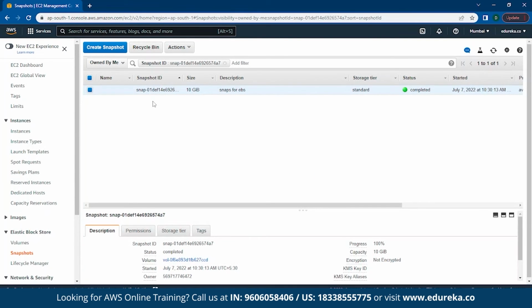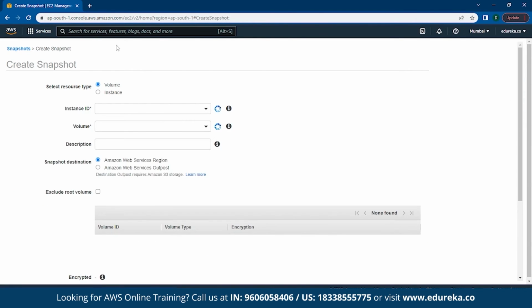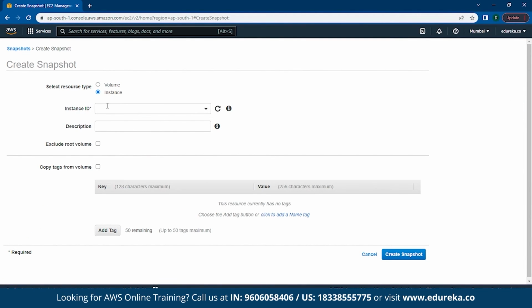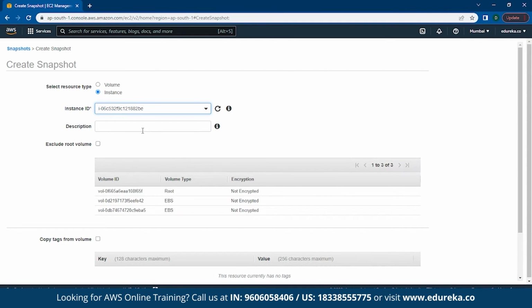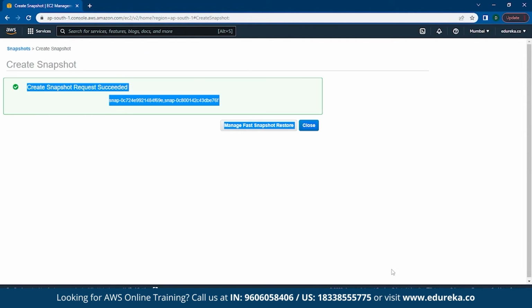Now that we know how to create a single snapshot, let's try to create multiple snapshots. So in order to do that, go back to Snapshots, click on Create Snapshot. Now in the resource type option, click on Instance, then specify your instance ID. In the description box, you can write anything. So in this case, I'll simply type multiple snaps for EBS. If you want to exclude a snapshot of your root volume, click on the checkbox. You can see multiple volumes which are attached to your instance and they all will be backed up. So if you want to have the same copy tag, then click on the checkbox and finally click on Create